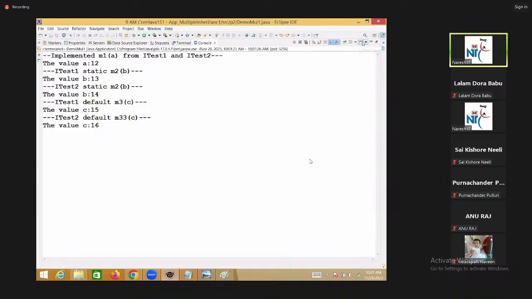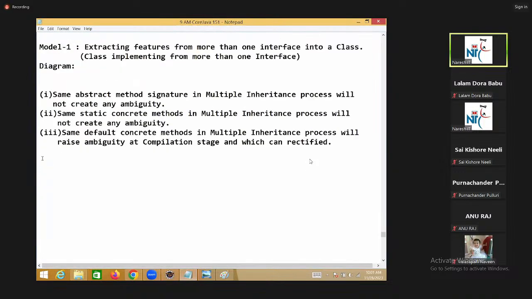All of you understood these 3 points, right? In summary, when we want to use concrete methods in the multiple inheritance process, then we can use static concrete methods, but default concrete methods are not preferable. That's the point. Make a statement. In an overall conclusion,